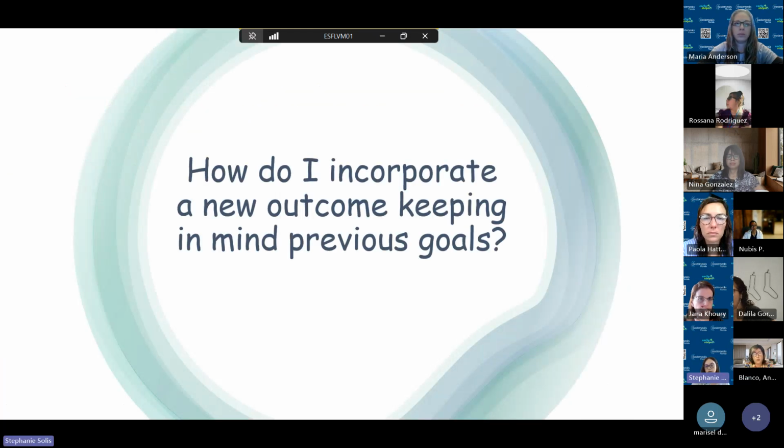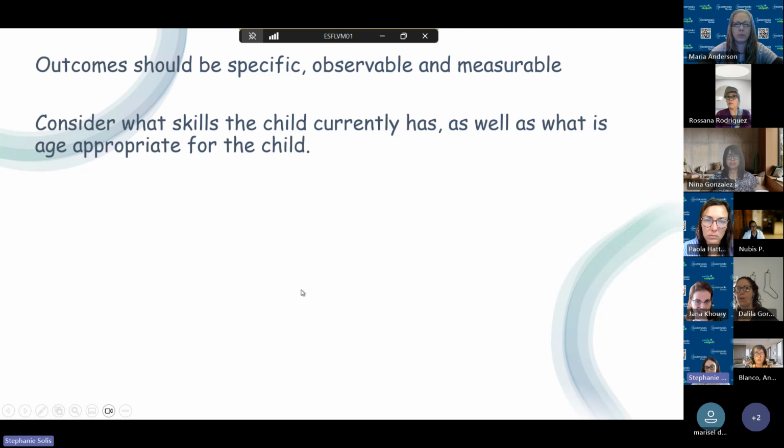How do I incorporate a new outcome, keeping in mind previous goals? Outcomes should be specific, observable, and measurable. We've been speaking about outcomes, and there is going to be an upcoming outcome training in the upcoming months, perhaps, where we'll be going over outcomes a little bit more. But when we're creating those outcomes, consider what skills a child currently has,